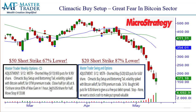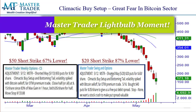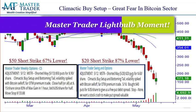We closed it at 10 cents, so we booked $800 as a day trade. This one, our master trader swing and options trader, where we buy and sell stocks and options, we went out 1 week further. So the May 20 was 8 days to expiration, but we sold the $20 puts